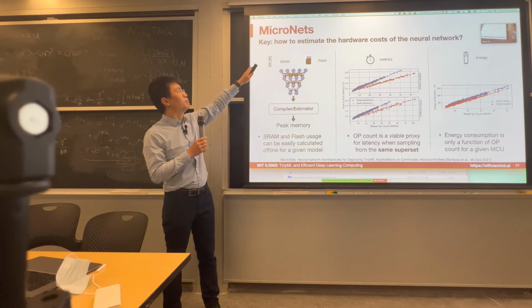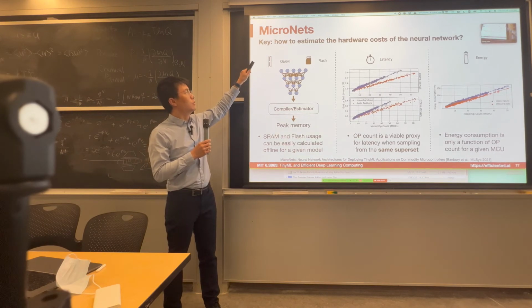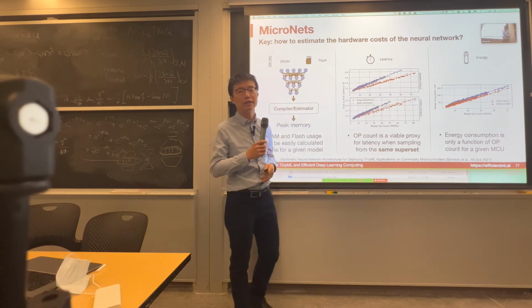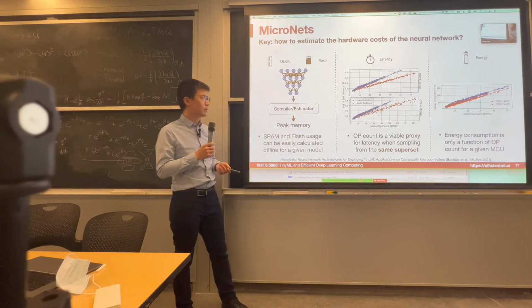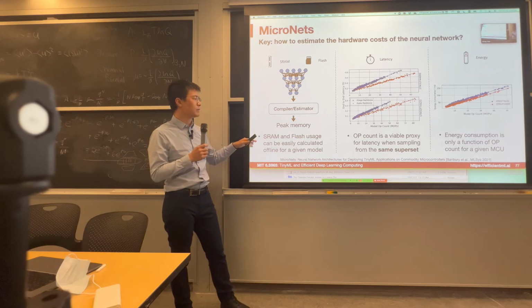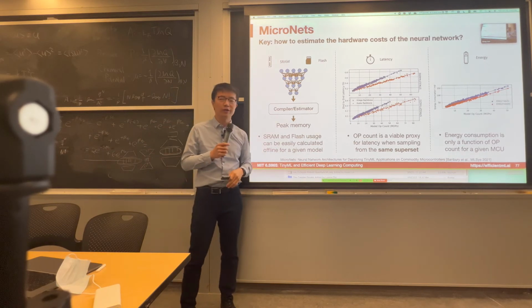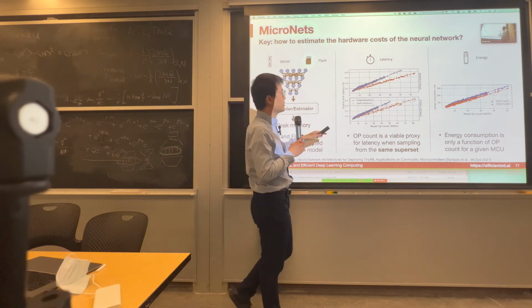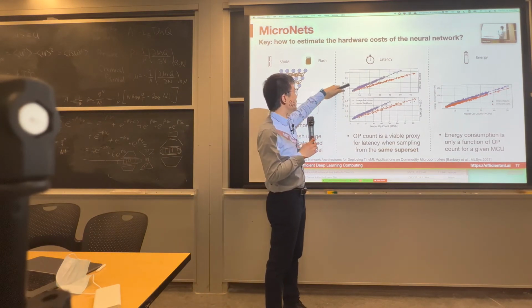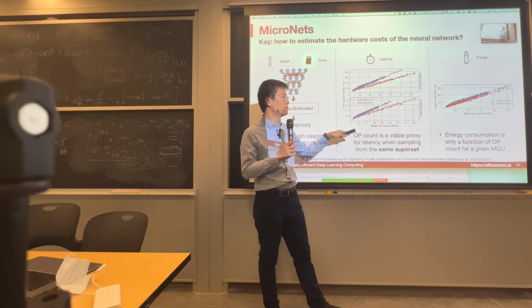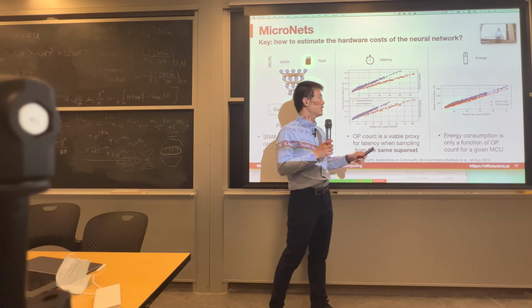Another work called MicroNets. Okay, so the key idea here is how to estimate those hardware costs of the neural network, including the latency and the energy, right? So the peak memory is easy to analyze, right? We can easily calculate it for a given model since that is static, it's not hardware dependent. And this paper finds that the latency, as a matter of the operation count, the median ops, is actually